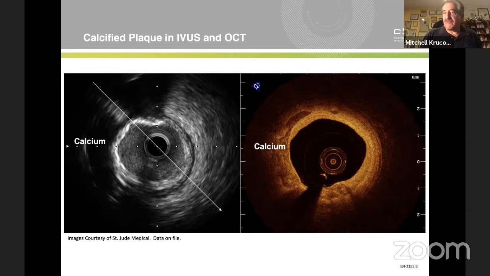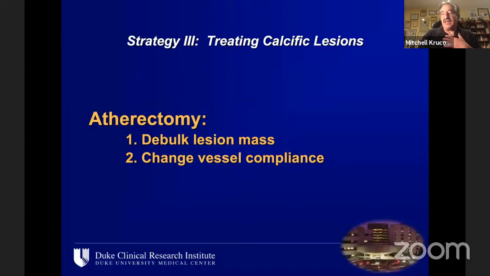But if you use intravascular imaging, either IVUS or OCT, sometimes the challenge is to get the imaging device through a diffusely calcified vessel so you can actually get an image. But there is no question that when you use intravascular imaging, you see calcium, even severe calcium, that is not visible on a simple angiogram. And that's particularly true in Western populations like the United States, where people are fat, because the gray scale that we use for angiography hides calcium when people have a lot of tissue. So intravascular imaging adds greatly to that.